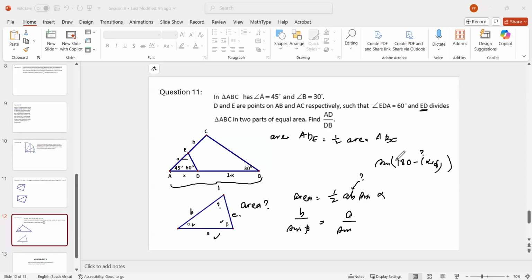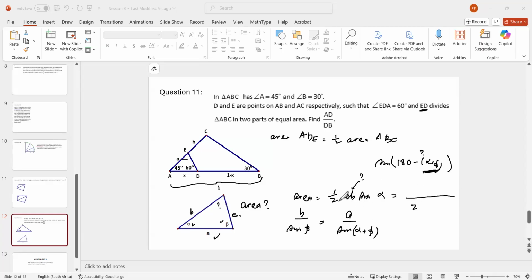Now, trigonometry says the sine of 180 minus something is the same as the sine of that something. The sine of an angle is equal to the sine of its supplement. That's a very important fact. There are quite a few like that. So the sine of that angle there is the sine of alpha plus beta. Okay, so you can make B the subject, which means that this thing here is equal to,